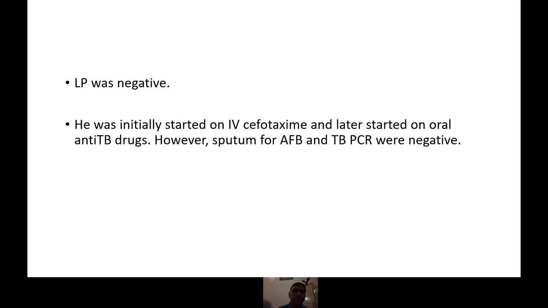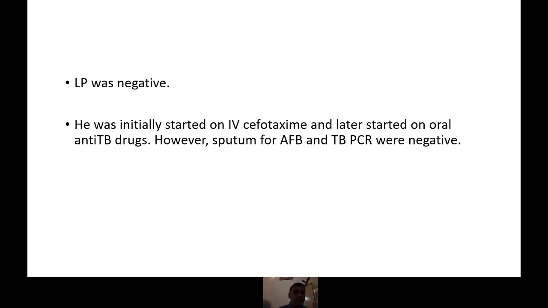So a 15-year-old from a rural area initially presented as pyrexia of unknown origin with fever, but later on towards the last week, he developed progressively worsening productive cough and a headache. And on the day of admission, he had bilateral abducens nerve palsy. He had high inflammatory markers, high ESR rather, the full blood count was normal. Then the chest X-ray showed right upper lobe opacities with formation of cavities. MRI showed changes in the midbrain, and LP was negative. He did not respond to broad spectrum antibiotics, and he did not respond to anti-TB treatment, and the sputum for AFB and TB PCR were negative. All right, everybody with me?